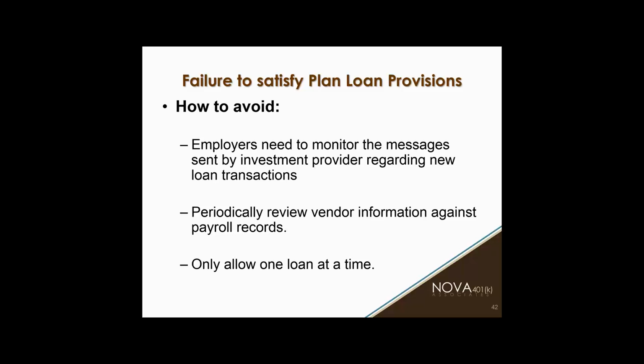Also, it's good to periodically look at who has an outstanding loan, let's say John Hancock, Voya, whoever, and compare that to your payroll records. Now, you may have some loans for people that are terminated that are not necessarily problems, but if you have an active employee that shows that they have a loan at John Hancock, and you don't have a loan deduction set up in your payroll system, that's a problem. That's a problem to be fixed. And generally, you only want to allow one loan at a time. That's how Nova does draft our policies. Just so you know, we try to make it simpler that way for you. That way you don't have to be tracking multiple loans from different participants.